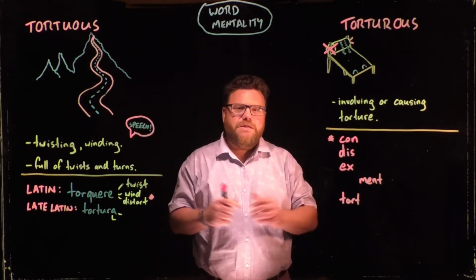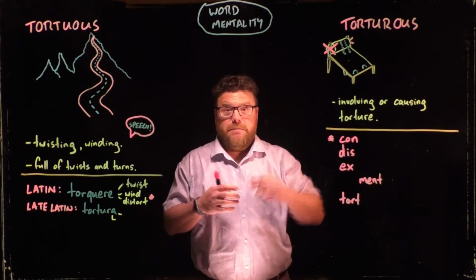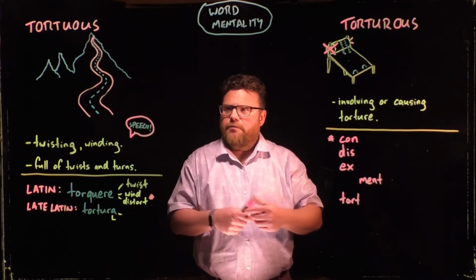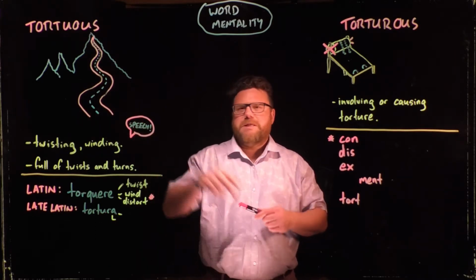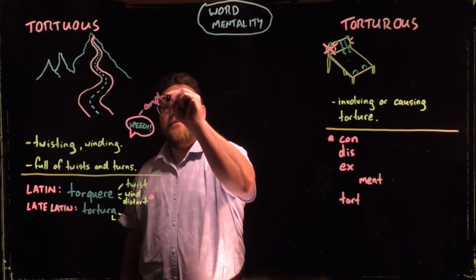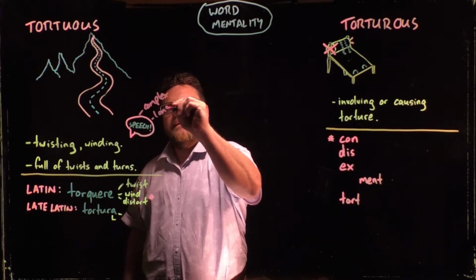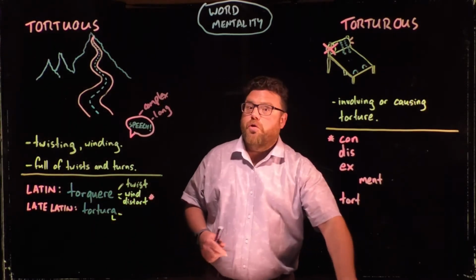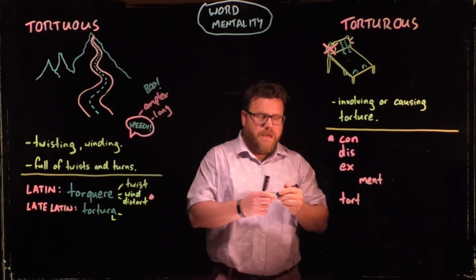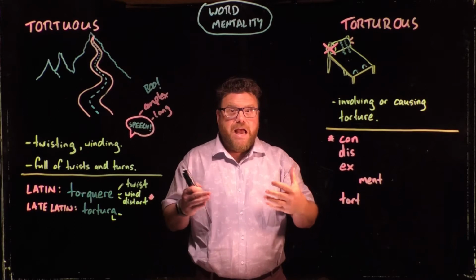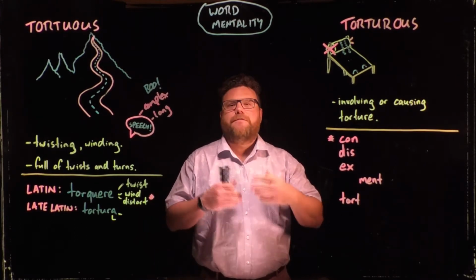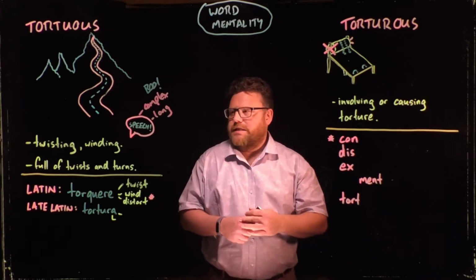Now, like most words, they can be used literally, like putting somebody on the rack for torturous, or they can be used in a more figurative way. For example, you could describe a speech as tortuous if it's too complex, if it goes on for too long. Okay? So that may be a tortuous speech, which wouldn't be very popular. And you may describe that speech as torturous to sit through. As in, it's not literally torture, but it feels like you're being put through torture listening to that speech.